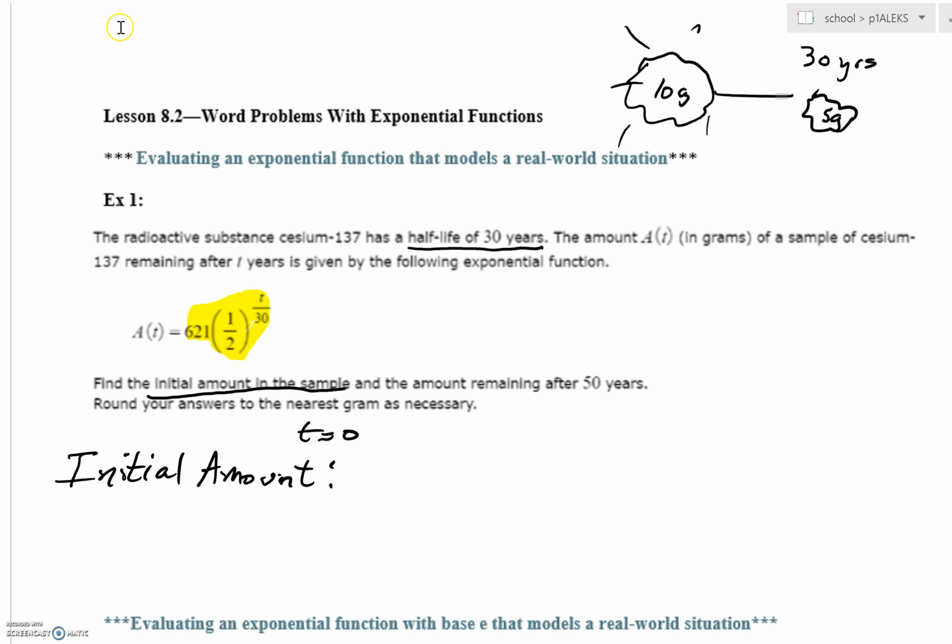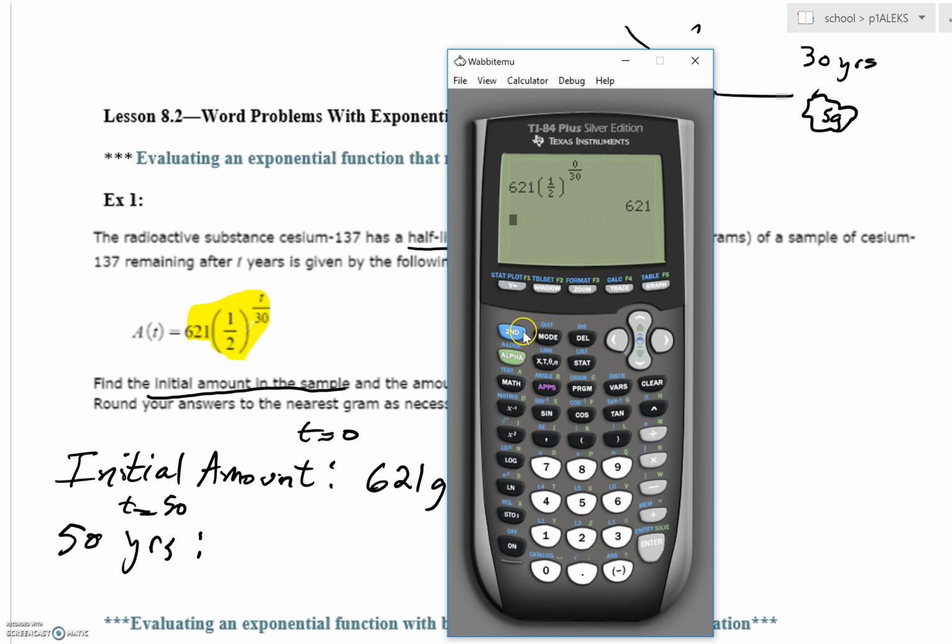So you're now going to have to take one additional step. You're going to say in 50 years. In 50 years, we're going to let t equal 50. Go back to what you just typed in. We can even go second enter, back arrow, and type over 50 instead of 0. When we hit enter, we'll get